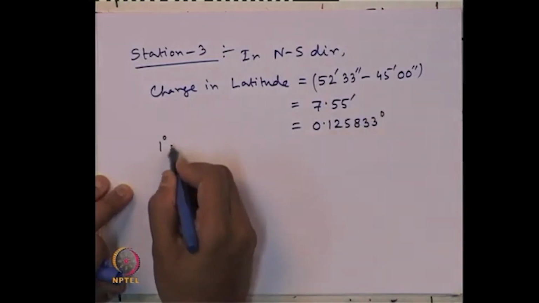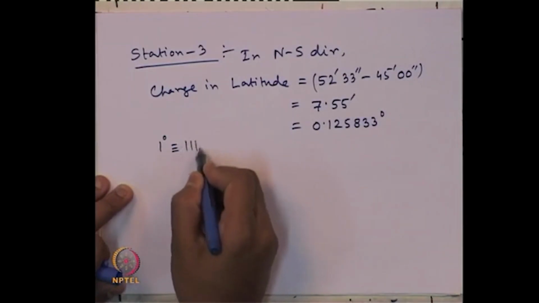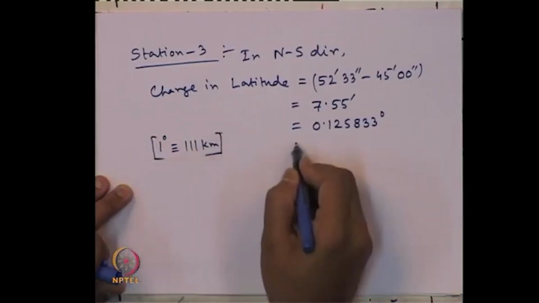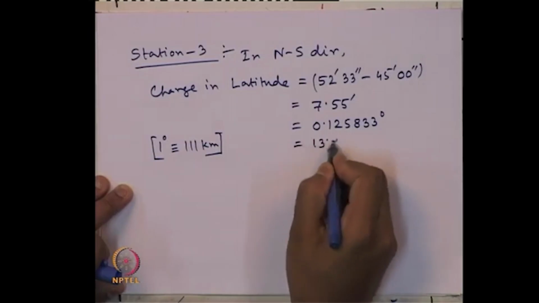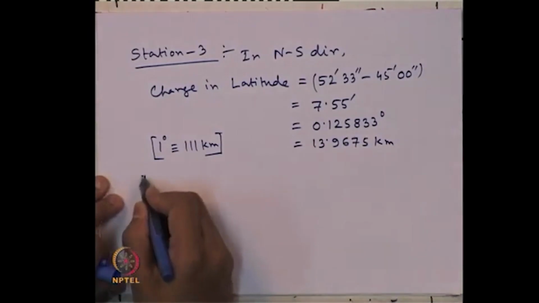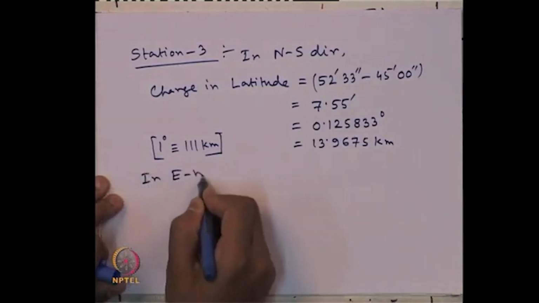Now, 1 degree corresponds to 111 kilometers. So, knowing that, we can say this equals 13.9675 kilometers, and in the east-west direction,